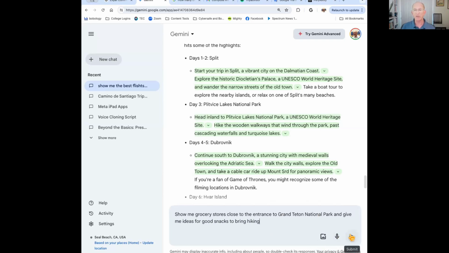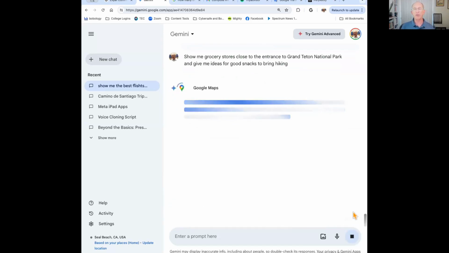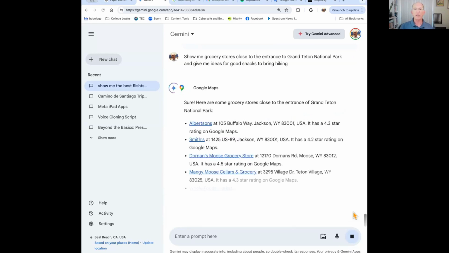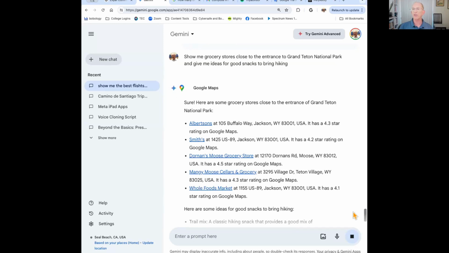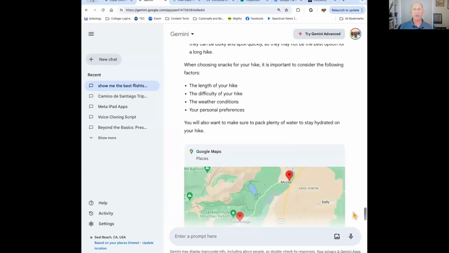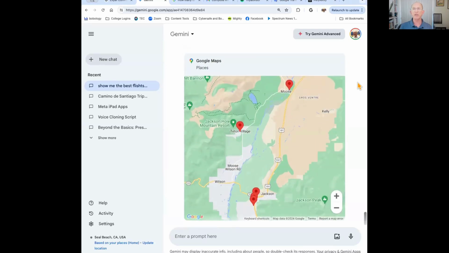It kind of makes suggestions there. So let's submit that. And you can also upload photos and say, hey, this is a great photo. I like the idea of where this is. Can you tell me where this is and how I can get there? So it's pulling things up from Google Maps here on location. So it's really nicely tied together.